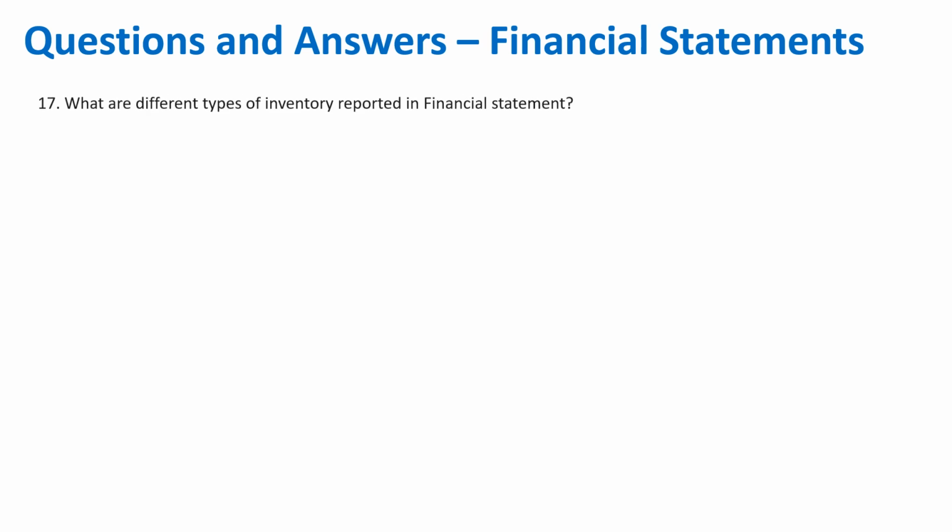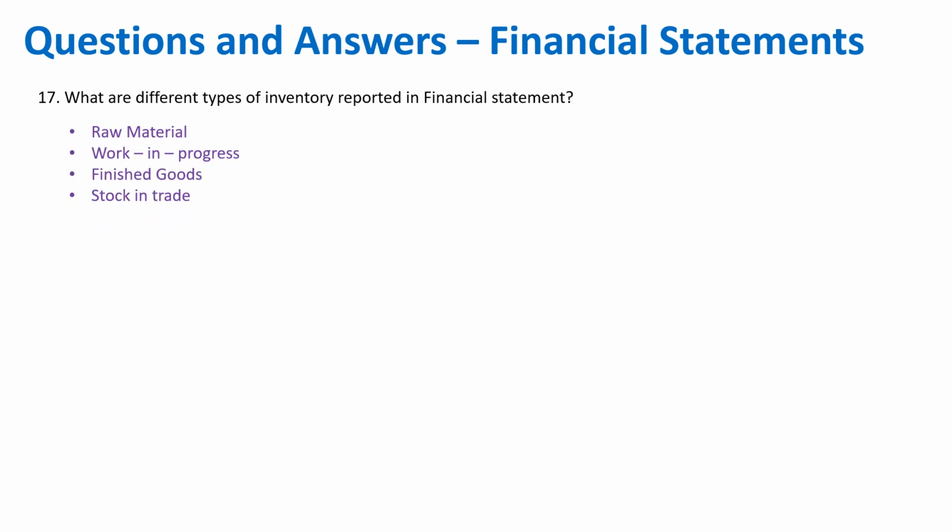Question number 17. What are different types of inventory reported in financial statement? First is raw material, second is work in progress, that means incomplete finished goods. Third is finished goods, and last is stock in trade. Again, it depends from industry to industry. Certain industry may require different items to be reported, but these are the common four items which are reported